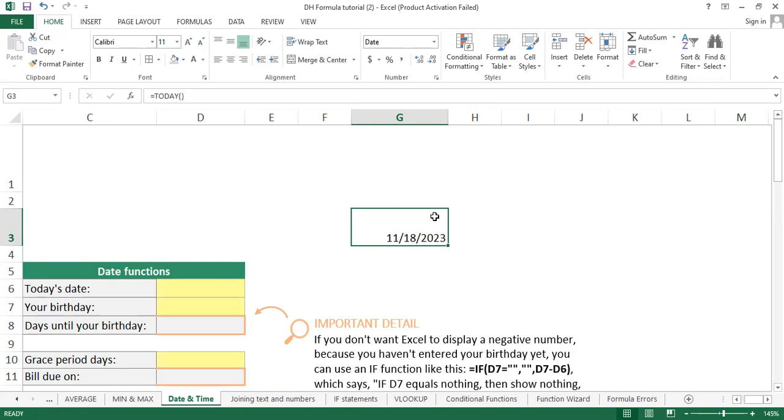The function TODAY. Equal to TODAY, open bracket, close bracket. Finish. No arguments. It's very simple, straightforward. You do it like that: equal to TODAY, open bracket, close bracket. What's the next? Equal to